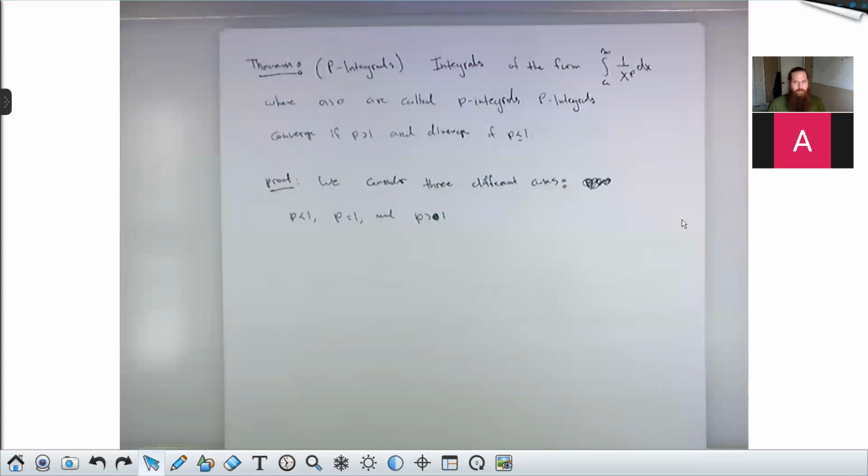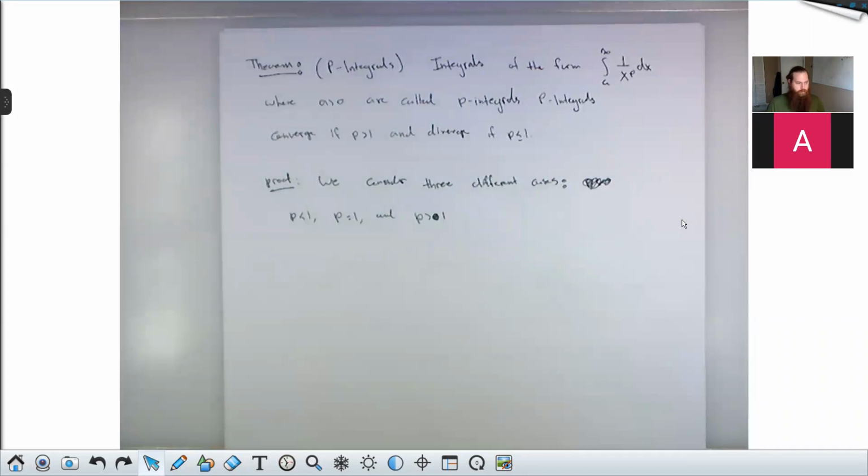And the basic idea is that in type 1 integrals, for example, the height needs to get small very, very fast in order for the overall area to be finite, because the width is infinite. So if the height doesn't get small, then there's no chance for the area to be finite. And it turns out, like with 1 over x, where the height does get small, it just doesn't get small fast enough. So not only does the height need to get small, it needs to get small really fast in order for the integral to converge.